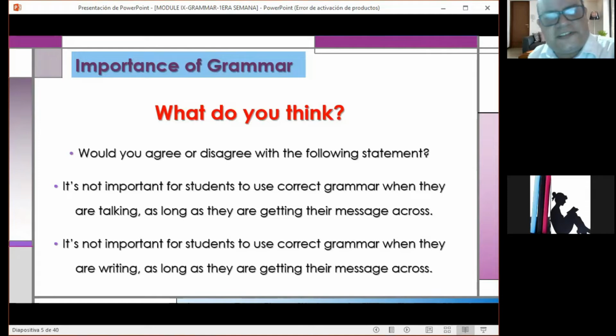What do you think about this statement? Do you agree or disagree about this statement? I agree to a certain